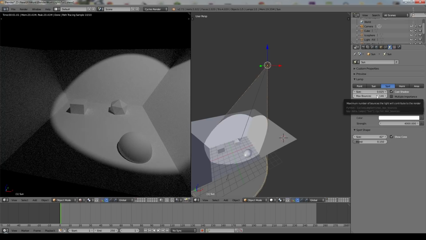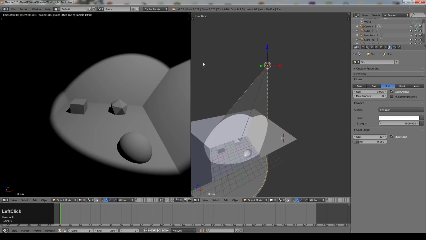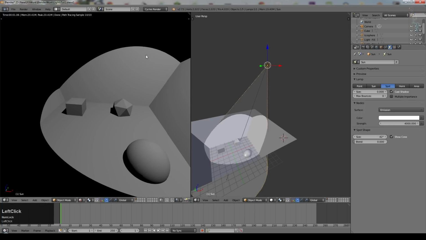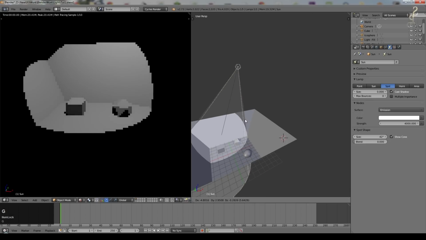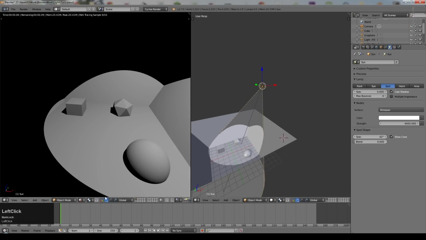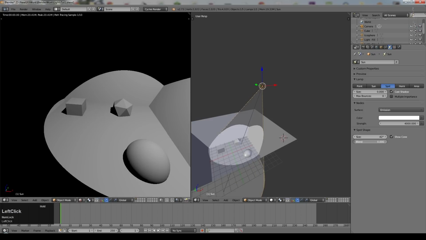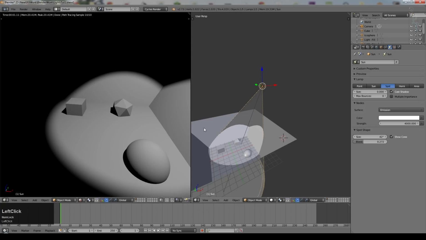So if I turn max bounces down to 0 to make the scene a bit simpler, and I turn size down to 0, you can see we've got completely sharp shadows, and yet there's a blurry line around here, and that's this blend option. If I turn that down to 0 as well, finally we've got a spot lamp which is completely hard edge. But as we turn blend up, you can see basically the shadows creep in from the sides. So that's a way to make a more realistic lamp, even with 0 size and 0 bounces.